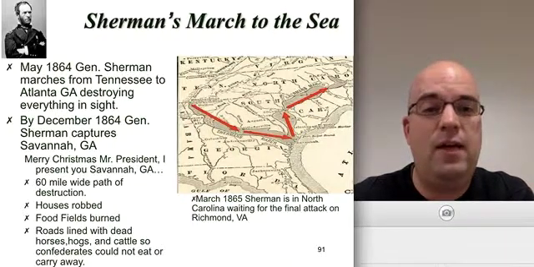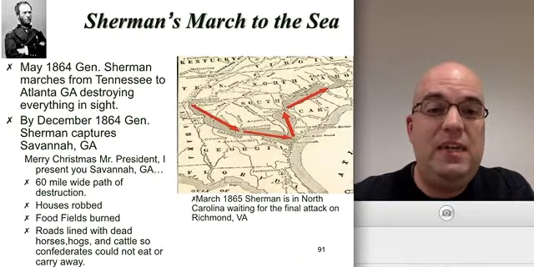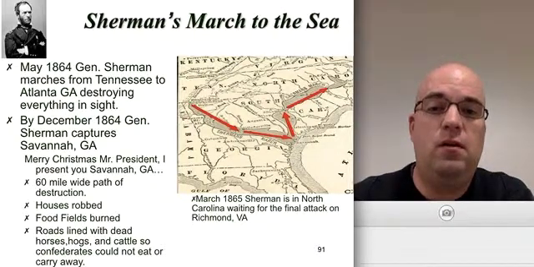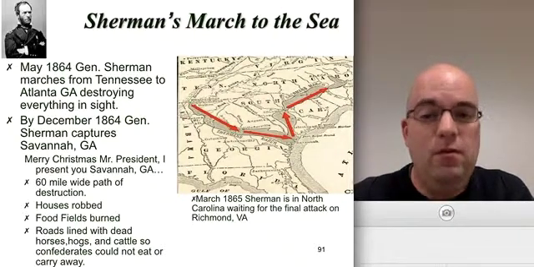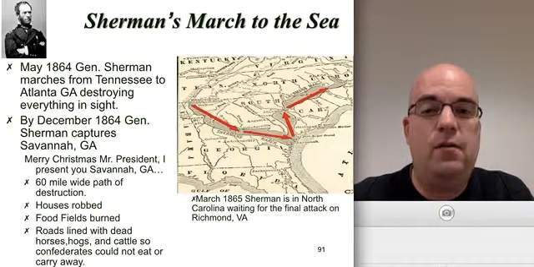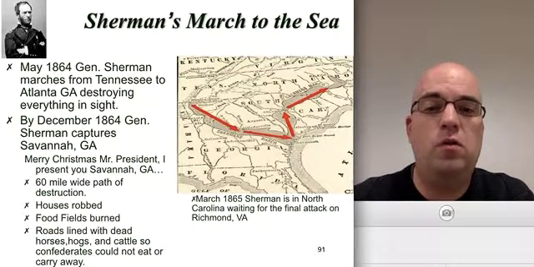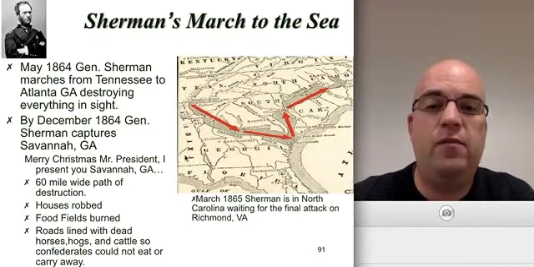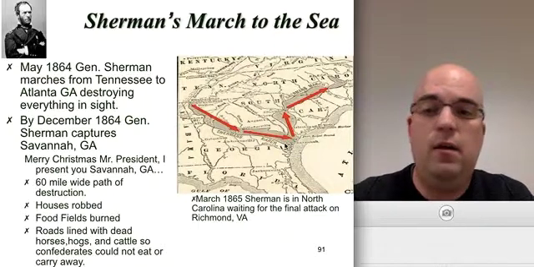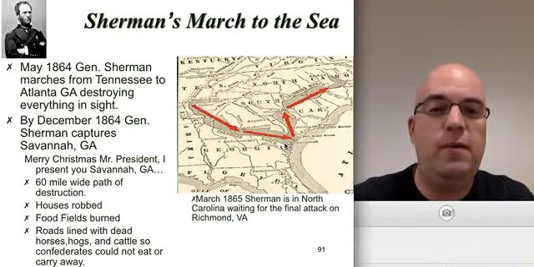Sherman eventually takes Atlanta. The citizens of Atlanta flee, and in the panic, they actually start Atlanta on fire themselves and burn most of Atlanta down to the ground. Sherman takes the city and then continues his march to the Atlantic coastline at Savannah. And so from the fall into the winter months, he again lays a path of destruction, 60 miles wide,